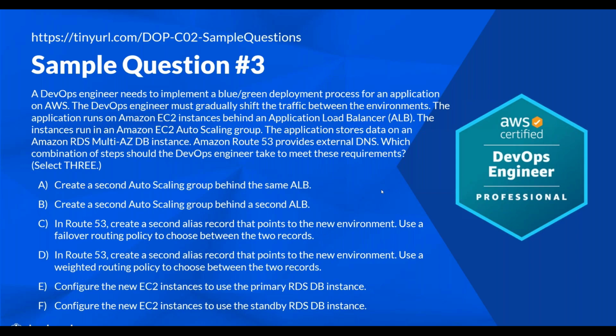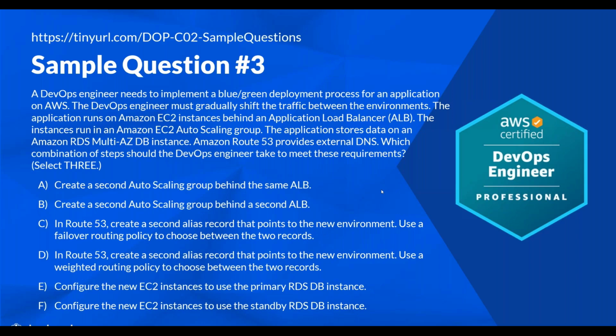So this is an example of a question with 6 answer choices, and we need to choose 3. So we have create a second auto-scaling group behind the same ALB, create a second auto-scaling group behind a second ALB. In Route 53, create a second alias record that points to the new environment. Use a failover routing policy to choose between the 2 records. In Route 53, create a second alias record that points to the new environment. Use a weighted routing policy to choose between the 2 records. Configure the new EC2 instances to use the primary RDS-DB instance, and configure the new EC2 instances to use the